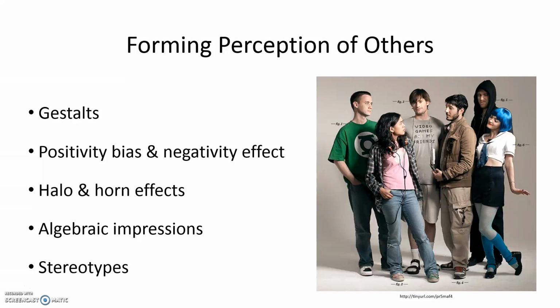Now, based on your gestalt that you have of someone, if you have a positive bias towards that person and they do something really, really well, you would probably have the halo effect. That, wow, this person's so amazing that I can't believe they accomplished this task in such a small time. Of course they would, because they're such an amazing person. That's the halo effect. It could be that they just use some shortcuts to work faster than you.